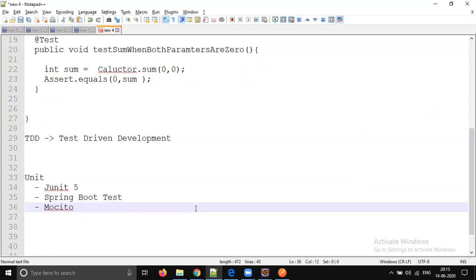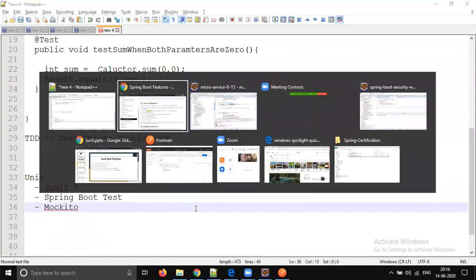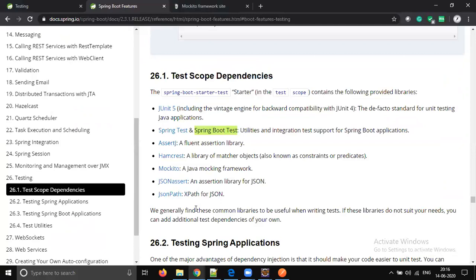By looking into the code, you can easily understand how we will use them. So these three libraries are the minimum required to write the unit test cases for a Spring Boot application: JUnit 5, Spring Test, and